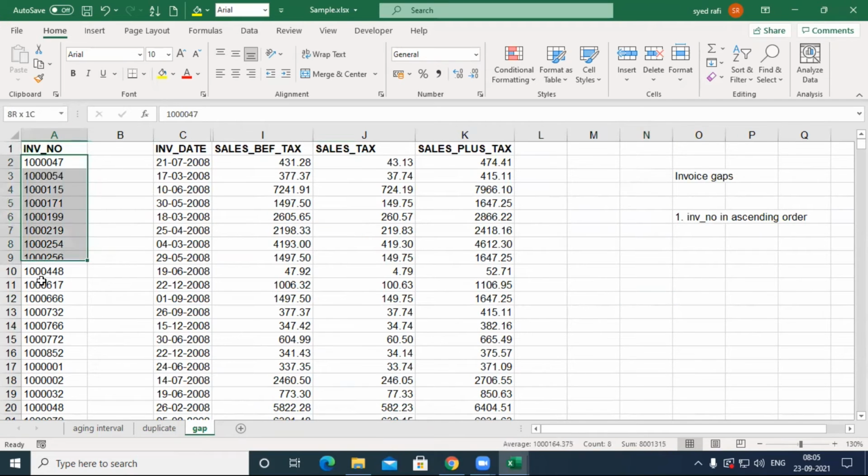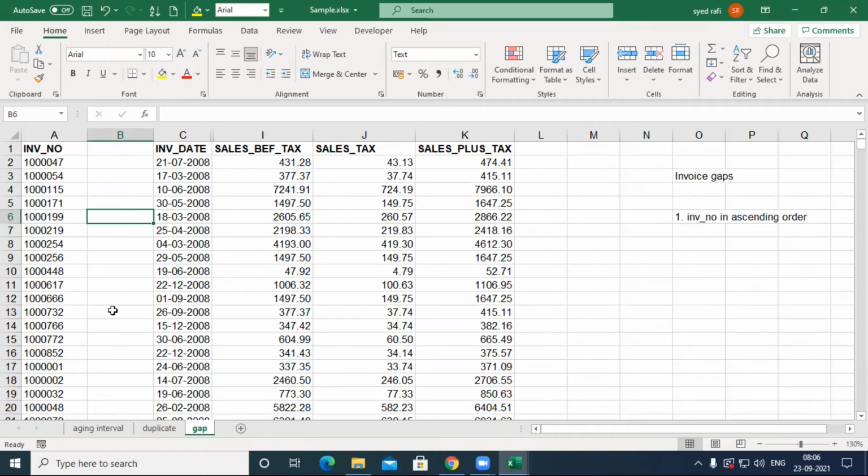Gap means, this is the invoice number. Before you find the gaps, you must put the invoice numbers in ascending order, and then you must define how many gaps there are, meaning how many invoices are missing. I need to display how many invoices are missed.